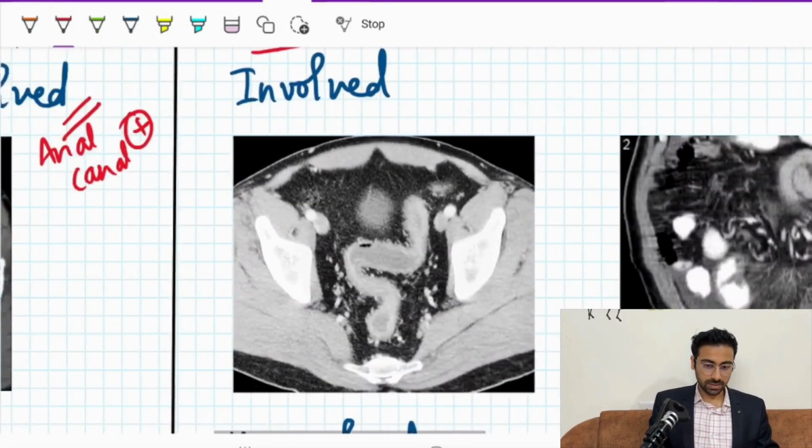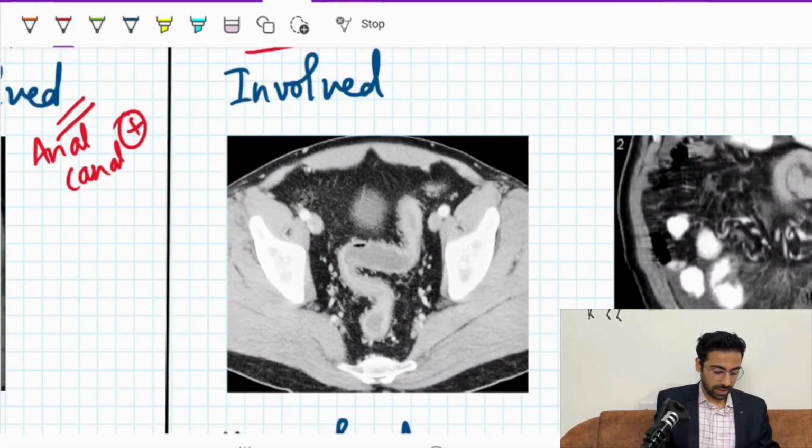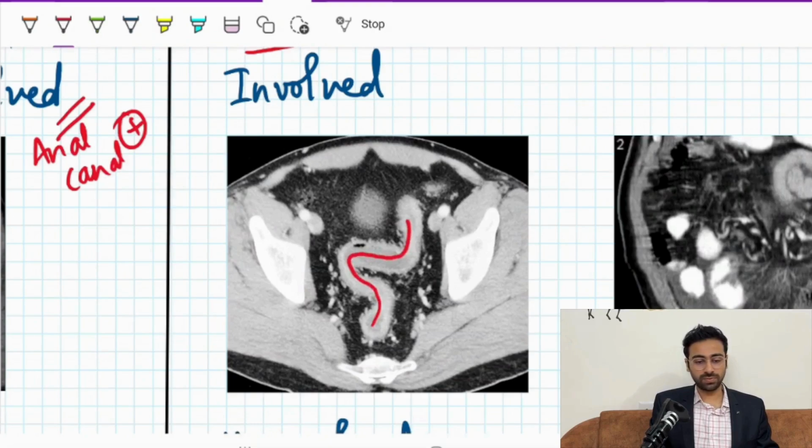Let's see a case of ulcerative colitis. We can see here that the sigmoid colon and the rectum are involved in a contiguous fashion and there is no normal bowel in between affected segments. You can also see that there is mesenteric hypervascularity affecting